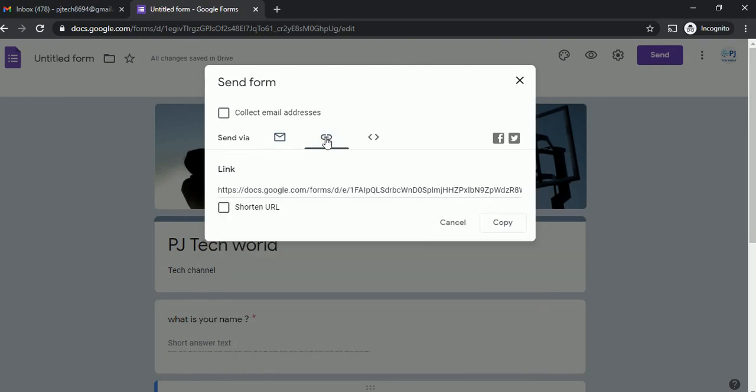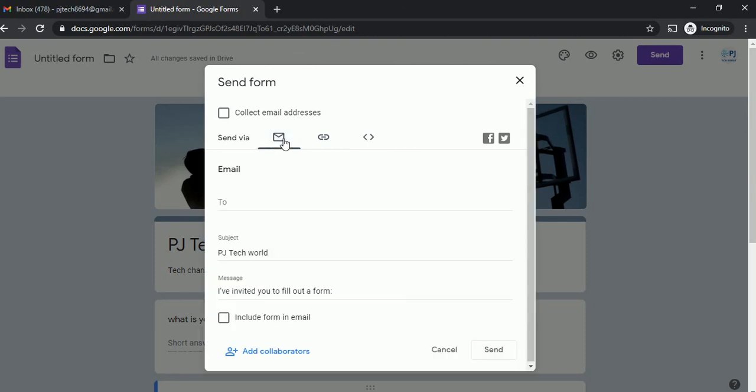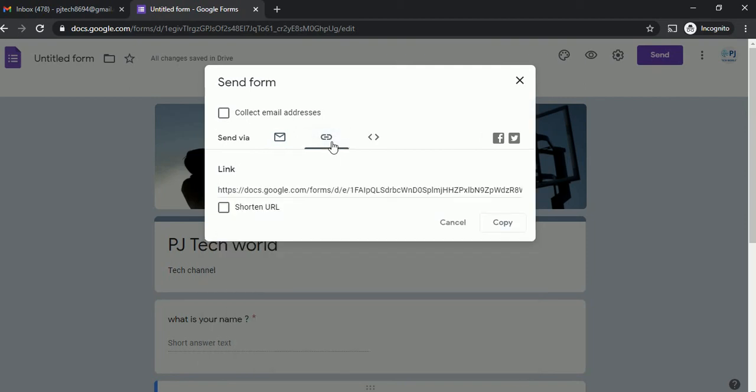So a lot of options here. If you are going with email, you type your email here and click on send, that's it. If you are going to share with a link, you can copy this link and share it with your friends. If you want to make it a short URL, you can select short URL and copy it.